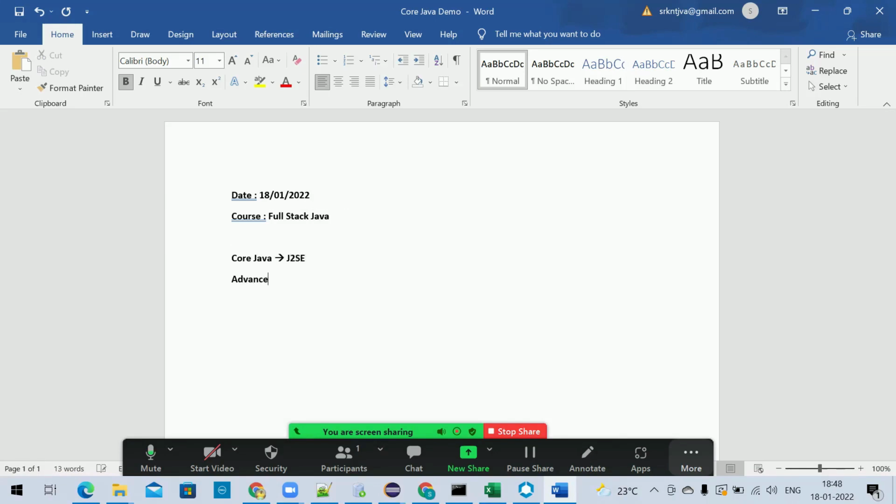And I'll cover advanced Java here, which is J2EE, the Enterprise Edition. So core Java is the standard edition, and advanced Java is the enterprise edition, and including that, in the full stack I can say,